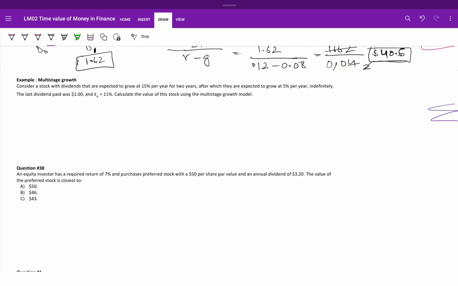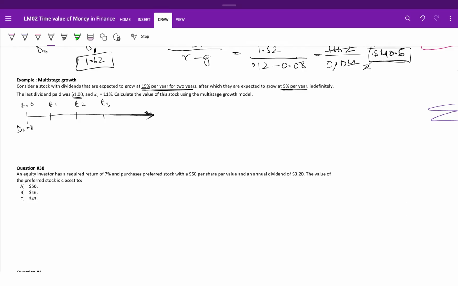later in time. So consider a stock with dividends that are expected to grow at 15% for 2 years, after which they are expected to grow at 5% per year indefinitely. And the last dividend paid was $1. So at time zero, time one, time two, and time three. From this point forward, everything will be so at time zero, the dividend at time zero was